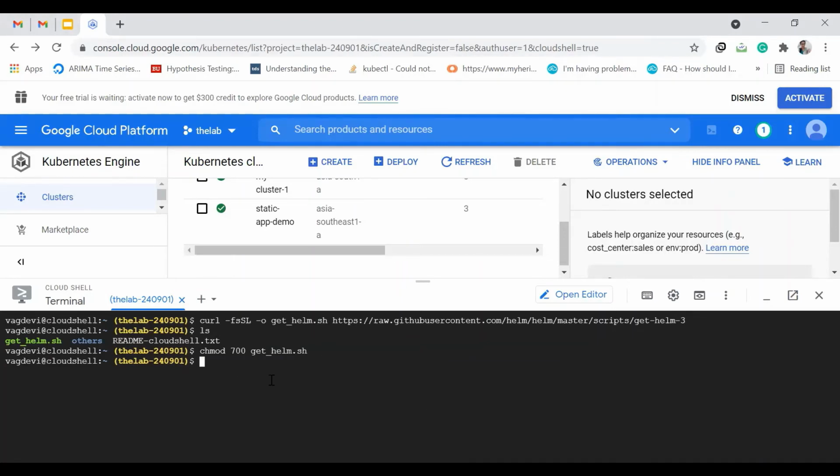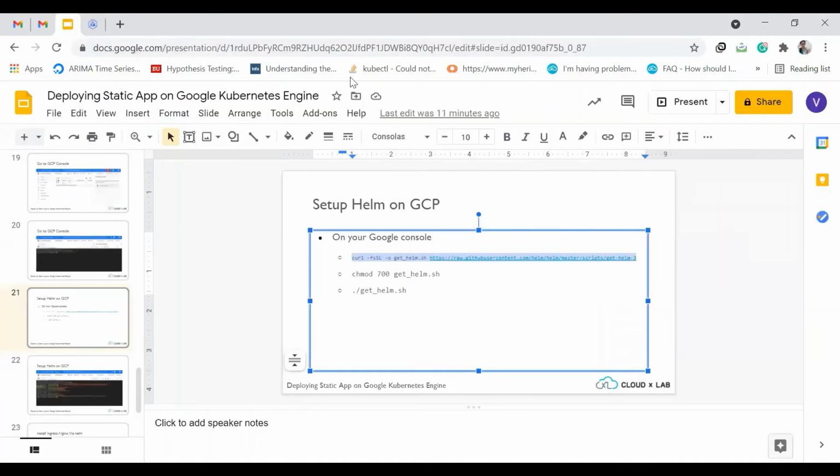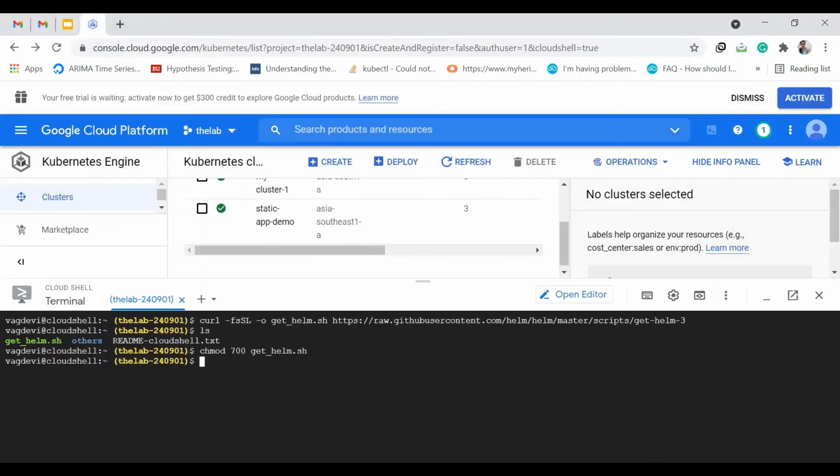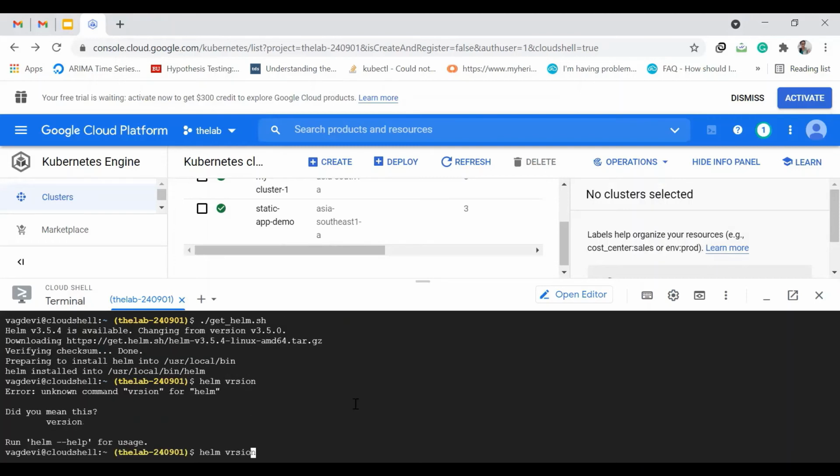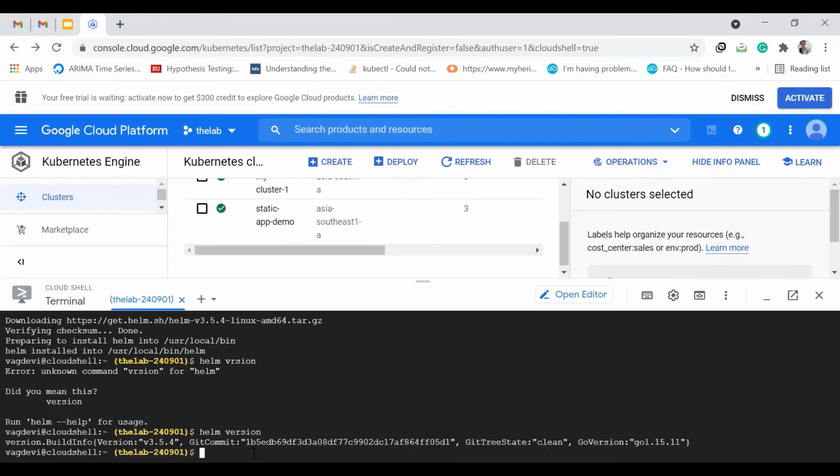And then execute it. Okay, so it says that Helm is available and verifying, preparing, and Helm is installed. Now we can check the version, helm version. Okay, so Helm is installed now.